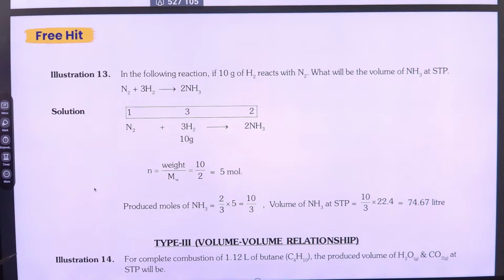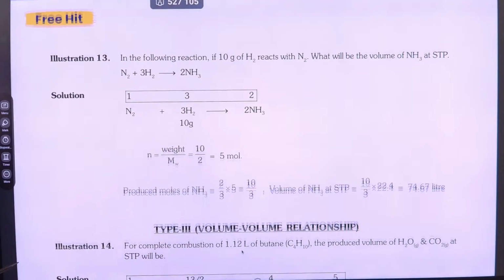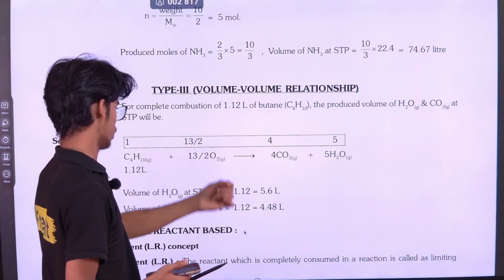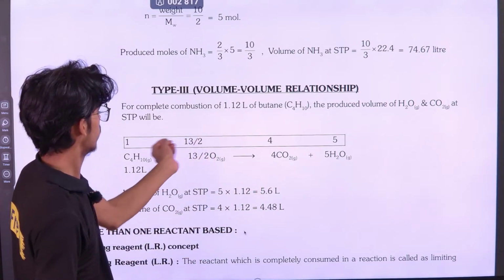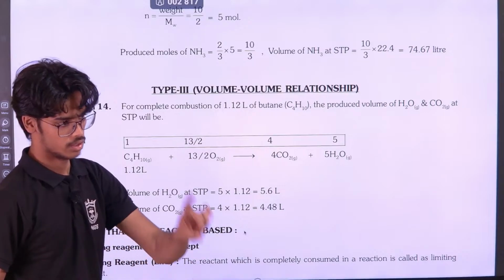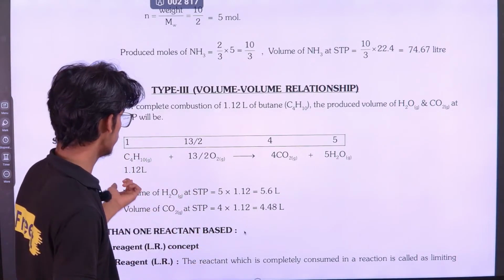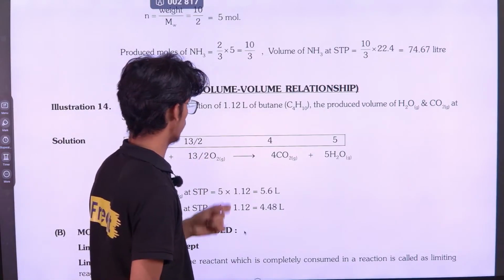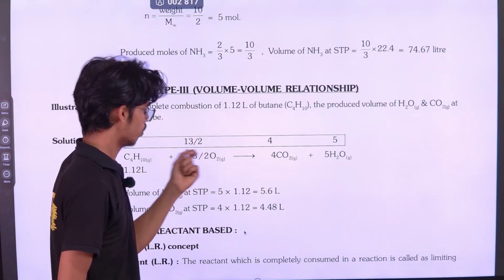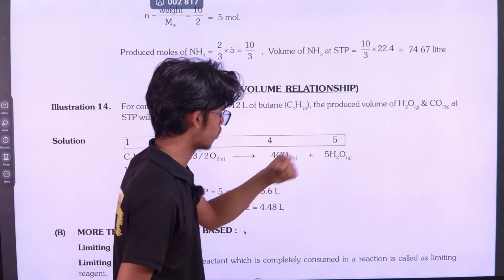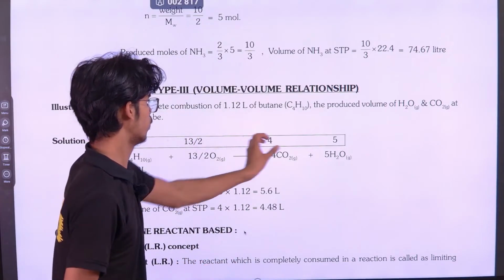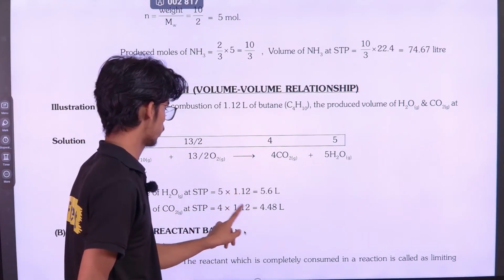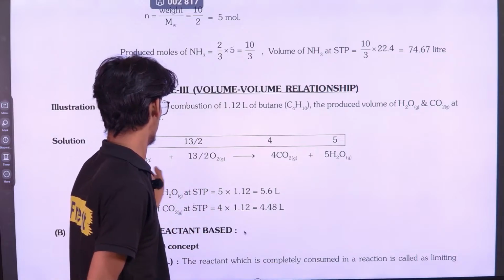For complete combustion of this much liter of butane, the produced volume of water and carbon dioxide at STP will be. What I will do, I'll convert this 1.12 liter. Okay, this is already in liters. You should convert it into liters or moles. Now it is already in liters, no need to convert anything. So 1 mole of butane takes 13/2 moles of oxygen to form 4 moles of carbon dioxide and 5 moles of water. So 1 will form 4, 1 will form 5. It means 1.12 liter will give 4 times 1.12 liters of carbon dioxide,